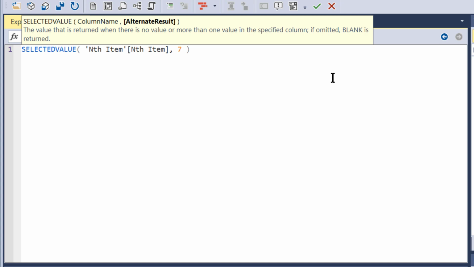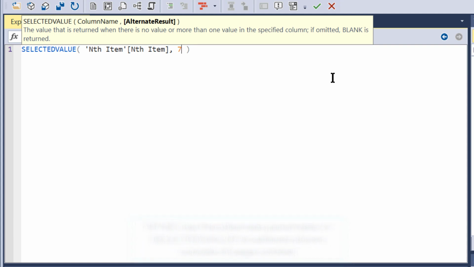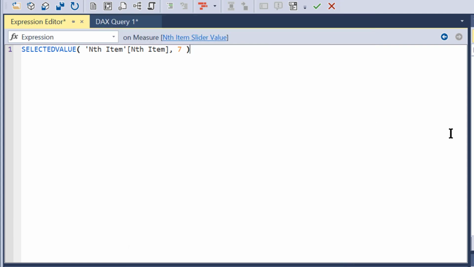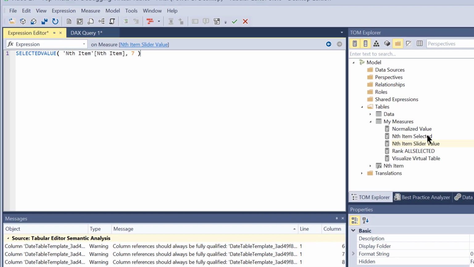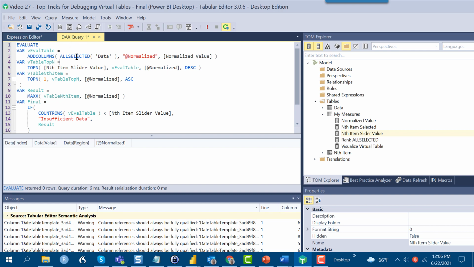And what that says is, if we're operating out of context in this debugging environment and it doesn't find a selected value, it's going to use the number 7. So we've hard-coded 7 in here, but we can use that as a way to check whether the measure is now doing what we want it to. And if we go back to our DAX query and we rerun this,